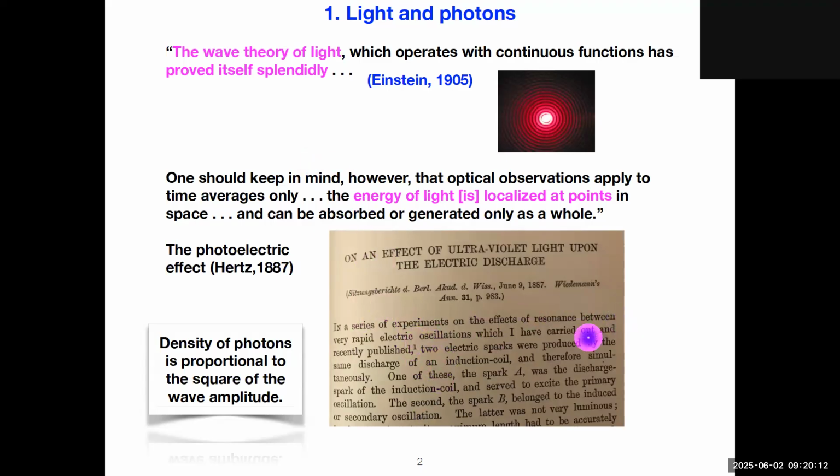Two electric sparks were produced by the same discharge in an induction coil. Sparks were produced at the receiving end when there was a big spark that generated the electromagnetic wave, and then at the other end, there were sparks at the receiver. That's not what he was after. He just wanted to see some currents flowing. But actually, electrons were